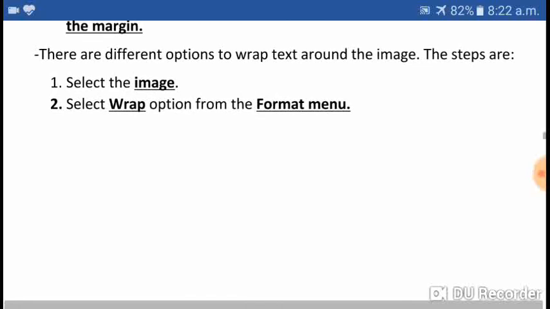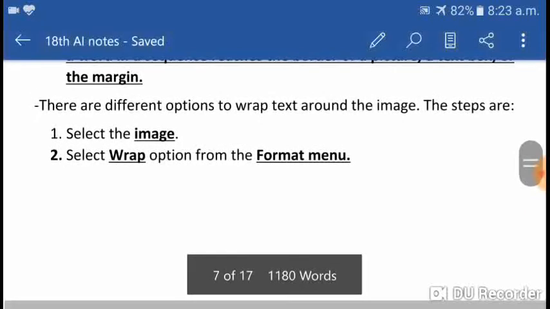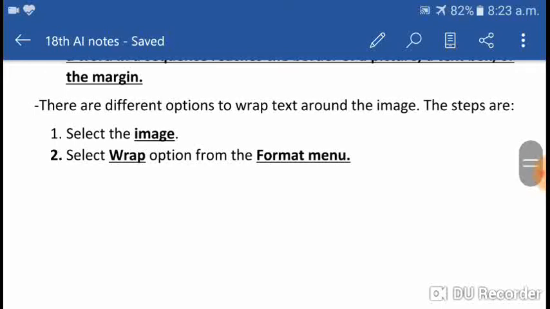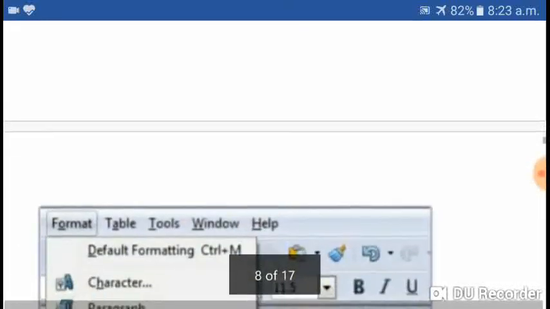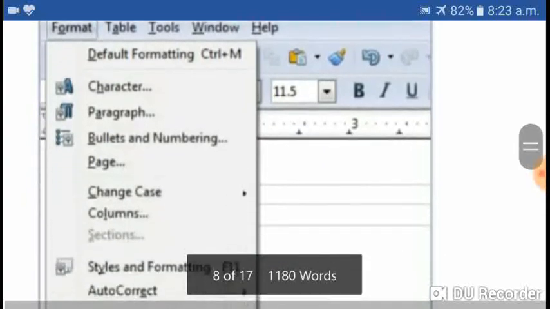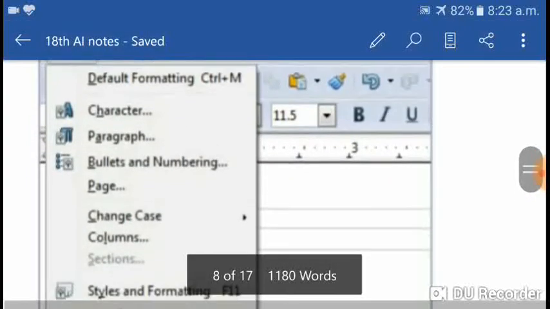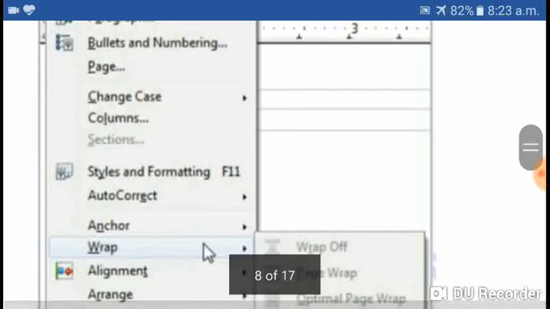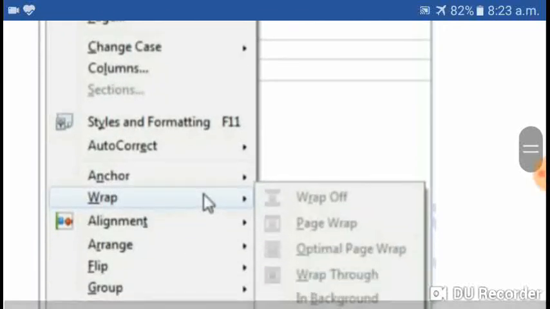The steps are: select the image, meaning the image to which we want to set text around it. Select the Wrap option from the Format menu. Let us see. Here is the Format menu and you can see the Wrap option.